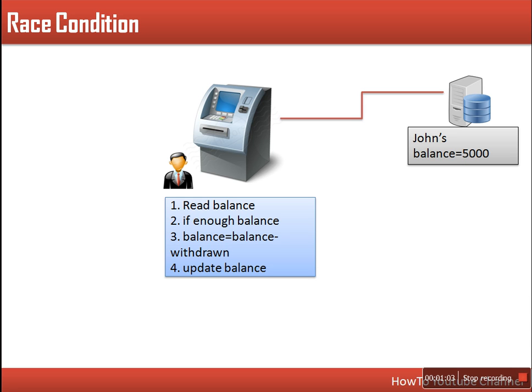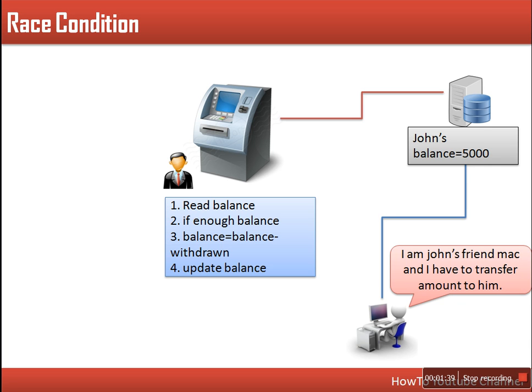The code written behind that process, which executes on the ATM machine, will look like this. It is not the exact one, but it will first read the current balance in the user account, and if the user has a sufficient amount, it will deduct the amount, give cash to the user, and update the balance in the database server as well. So this is the code. When John withdraws some amount, this code will be executed on the ATM machine.